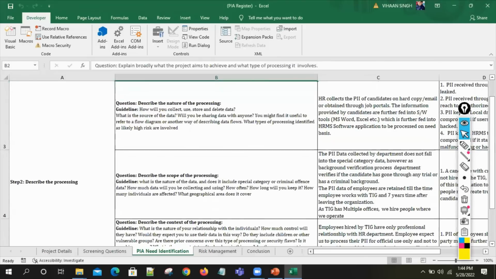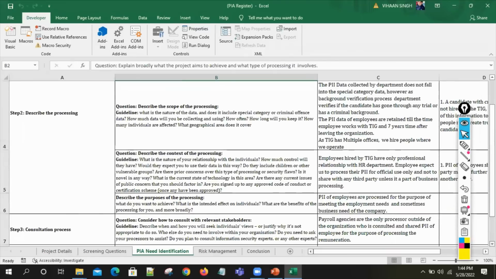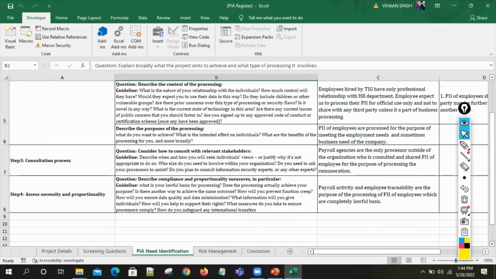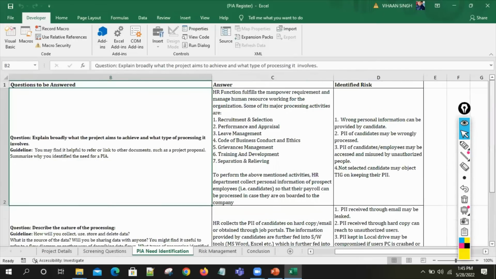The next thing would be to describe the nature of processing. What kinds of processing you are doing? What is the scope of your processing? Context of the processing, what you are doing. Describe the purpose of the processing. What is your purpose of the processing? How you are consulting with the relevant stakeholders, and you need to describe whether the data you are collecting is as per the compliance requirement or not. So there are certain questions we need to go through, and accordingly we need to identify the risk, what actually the risks are. So once we have identified the risk, then